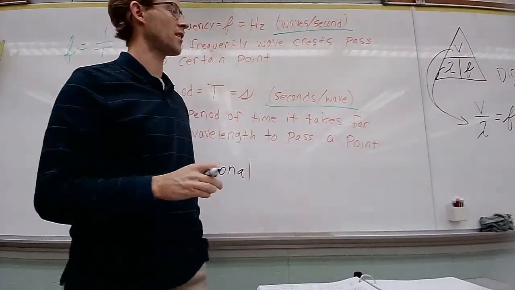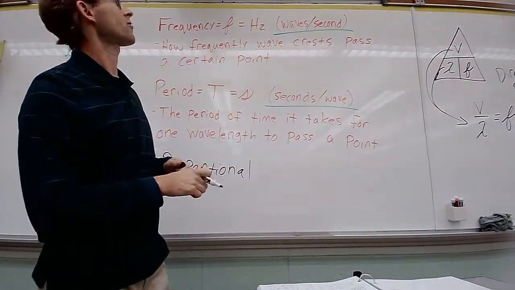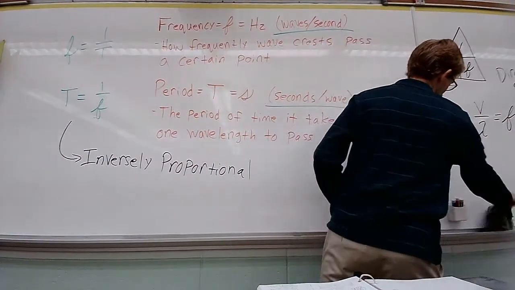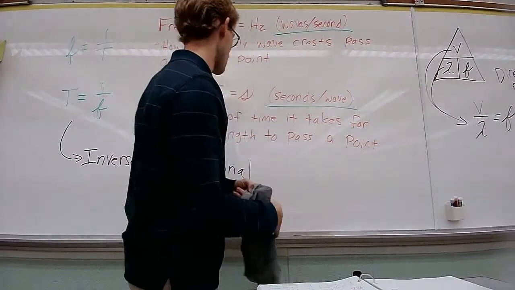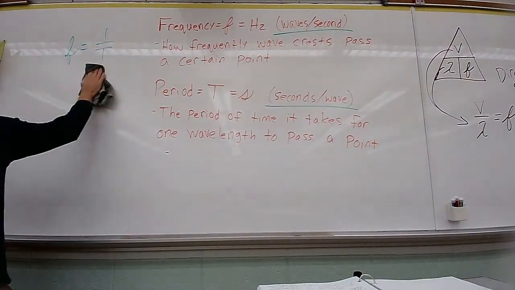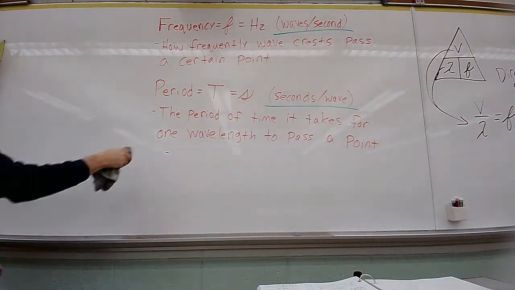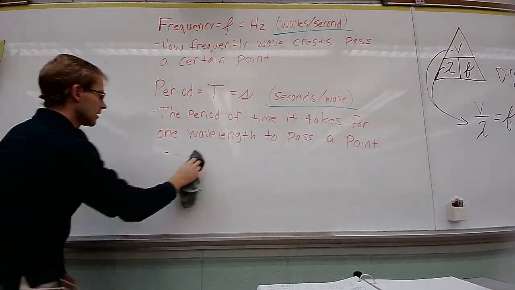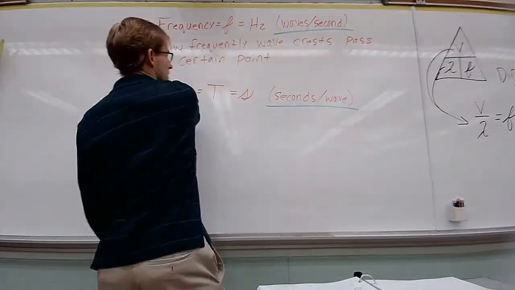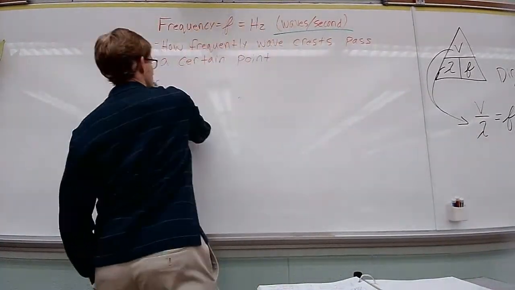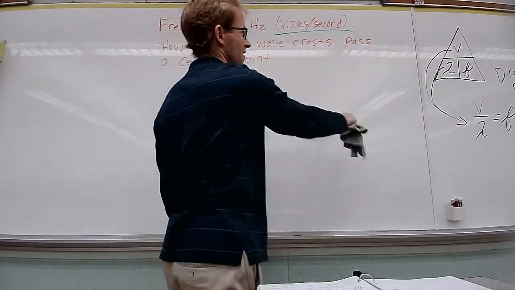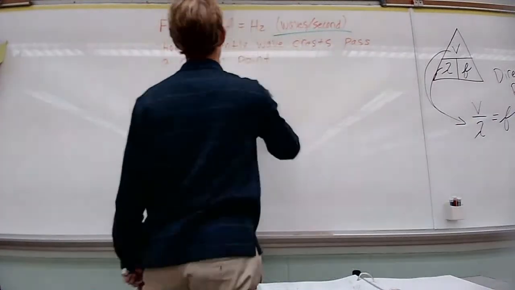So I'm just going to take you through a quick example, show you a couple more things, and then you should have a good amount of time to get started on the worksheet, which will be due on Wednesday. But a lot of this is just working through some problems to get familiar with this vocabulary so that you can actually have some idea on how to deal with these waves. Because if we're going to talk about how light behaves like a wave, we've got to have at least a basic understanding of how these waves are working.